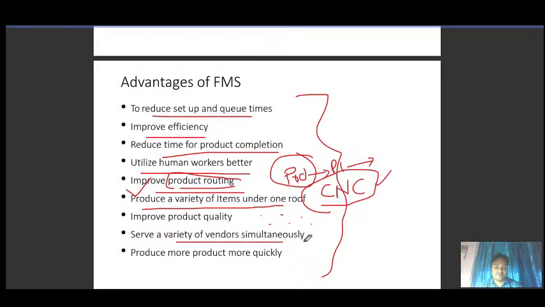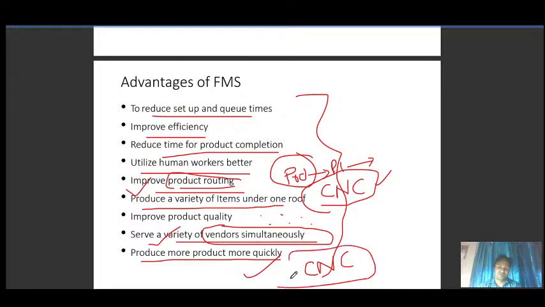Serve a variety of vendors simultaneously. Obviously, there are numbers of customers, so you can fulfill your order to almost everyone, as per their requirement. Produce more product more quickly. Obviously, with the help of CNC and robotic arms, we can do it quickly and 24/7.